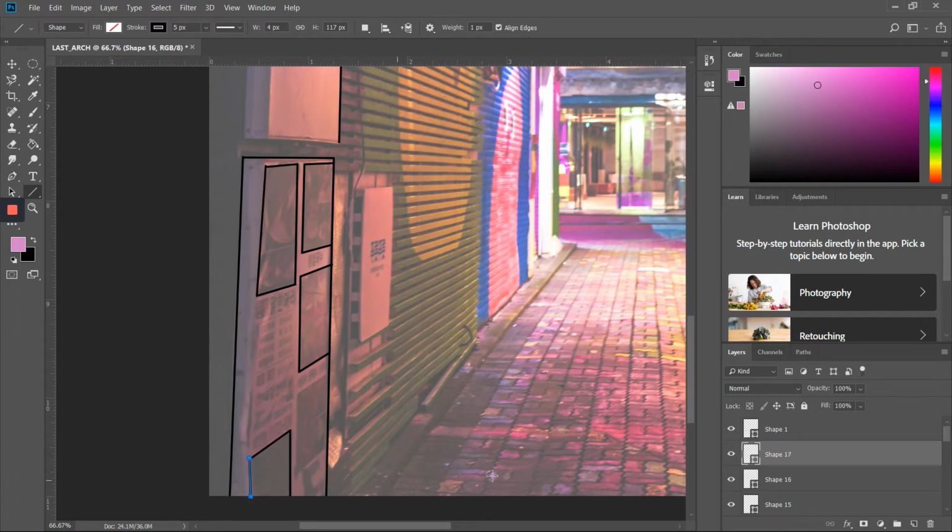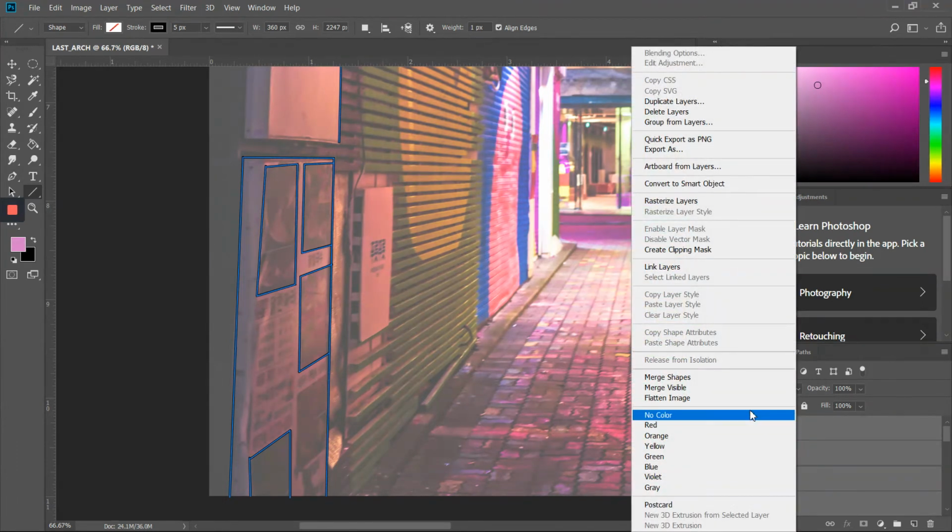So again, to do that, over here in the menu bar, I'm going to scroll all the way down to my very first shape and click on it. And let's scroll all the way back up to the top. Holding down the Shift key on my keyboard, I'm now going to click on that top layer. What that does is it selects all of those layers at one time. I now can right-click and group from layers,